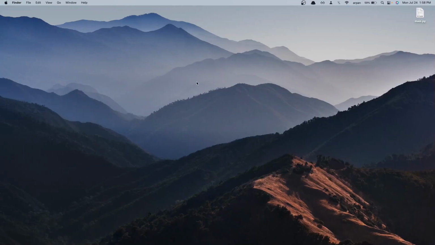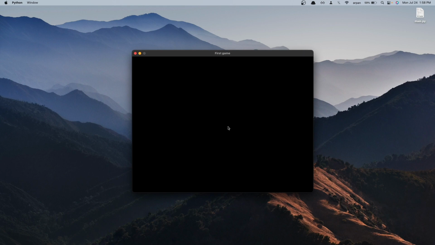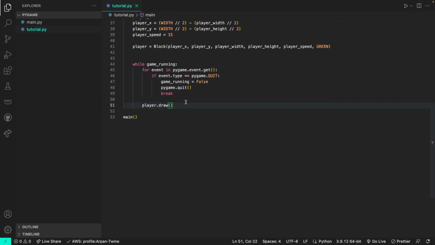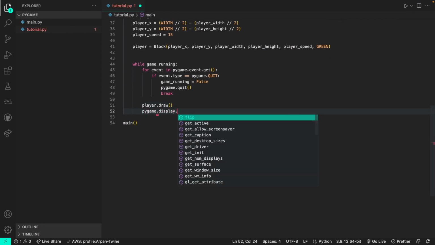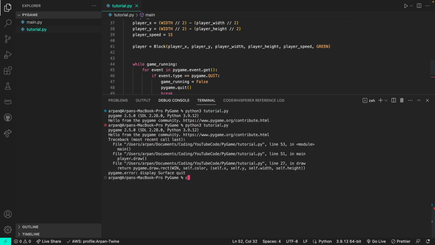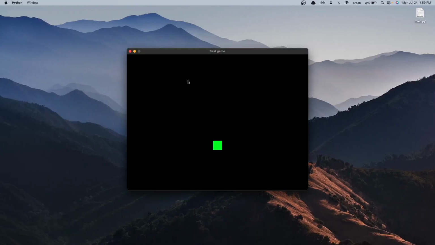Now if I run my code and go over here, you'll see that our window is going to pop up, but we don't have the player in the center. And the reason for that is because we haven't updated our game window. Now to update our game window, all that we need to do is pygame.display.update. And this will update all the parts of our window and draw everything that we need. So if we go ahead and do python 3 tutorial.py, you can see that our player block is drawn, but